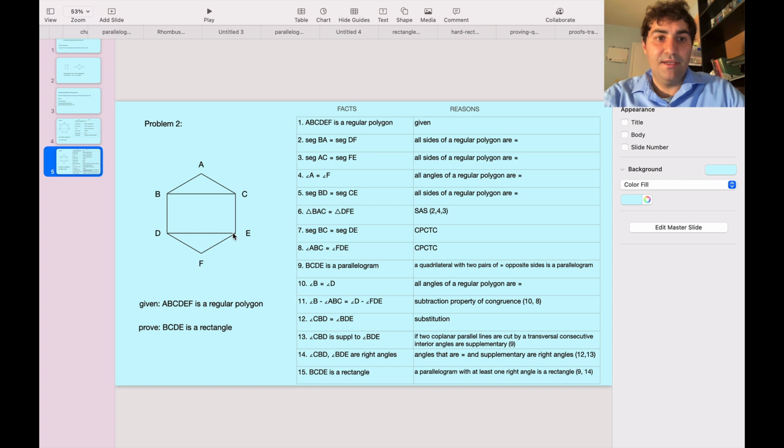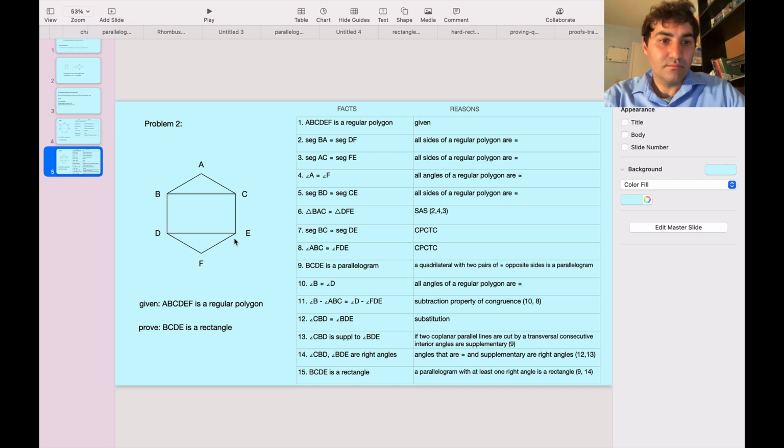to segment FE, and we also know that all angles of a regular polygon are congruent. So we know that angle A is congruent to angle F. We also know that segment BD is congruent to segment CE. So I'm going to apply side angle side postulate to 2, 4, and 3 to get triangle BAC is congruent to triangle